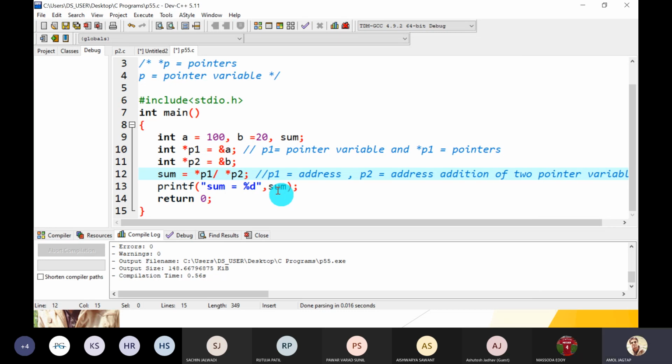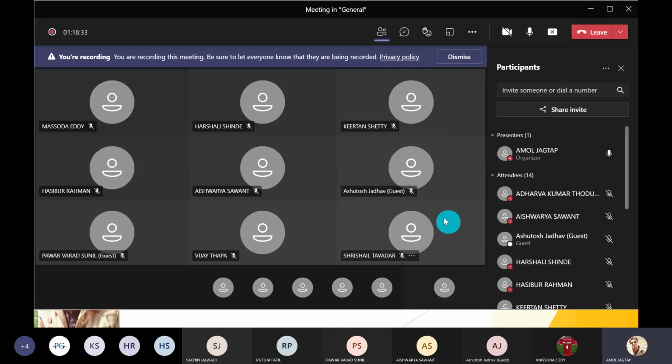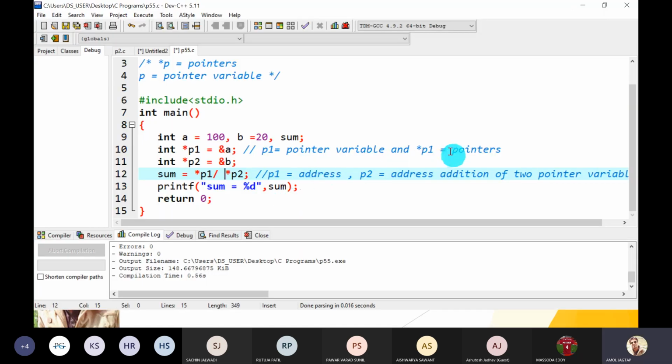Okay, so that is all about arithmetic operations performed on pointers. We can perform arithmetic operations on pointers, that is on the values, but we cannot perform addition, subtraction, division or multiplication on pointer variables, because pointer variables store addresses and we cannot multiply addresses.